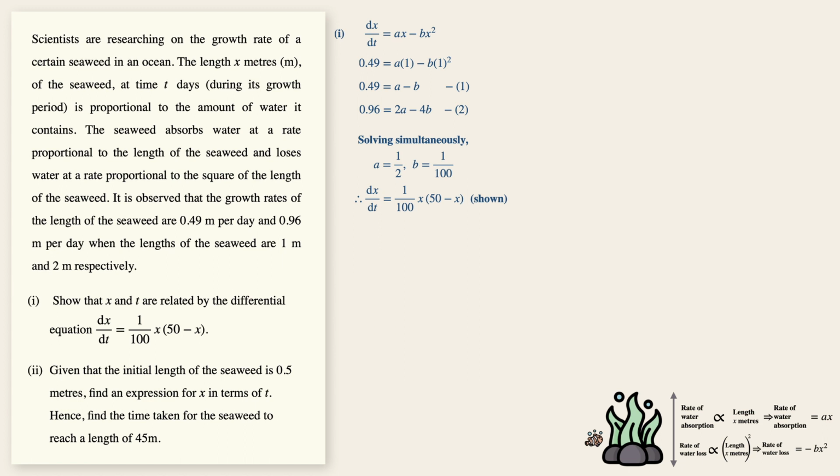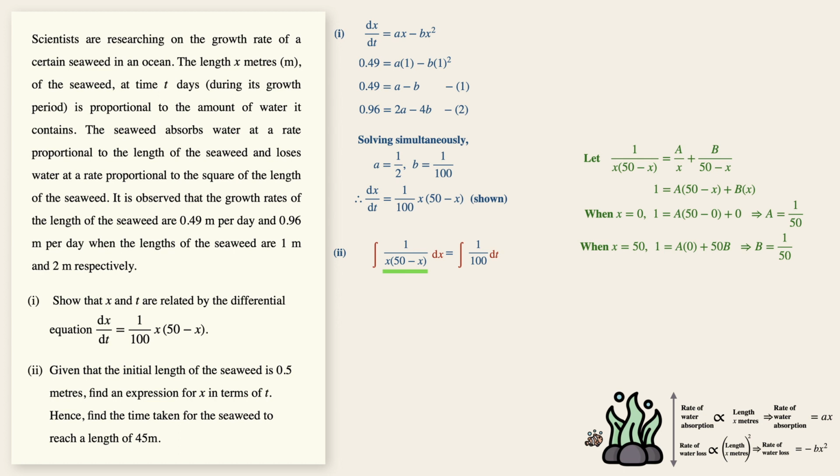Now from this expression over here, we can simply separate the variables by bringing x, 50 minus x over here to the left hand side of the equation and keeping 1 over 100 on the right hand side of the equation. And all we need to do is to integrate both sides by introducing the integral sign. Now for the term over here, we're going to use the technique of partial fractions to split them into two separate terms so that we can integrate them, giving us a ln. So 1 over 50, integrate 1 over 50 minus x plus 1 over x dx is equal to integrate 1